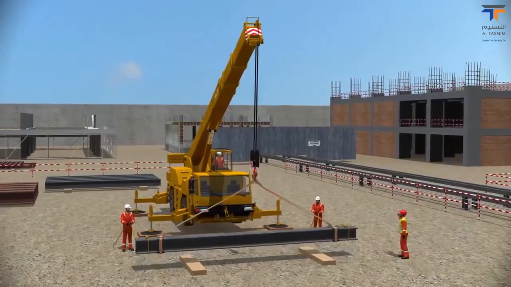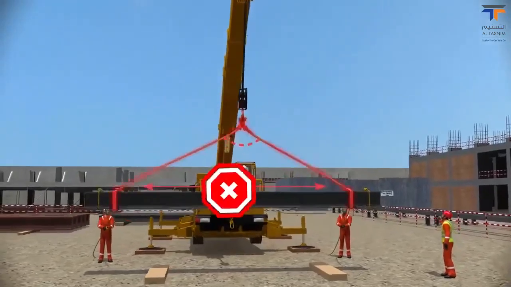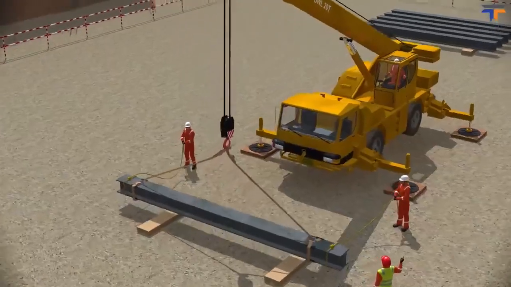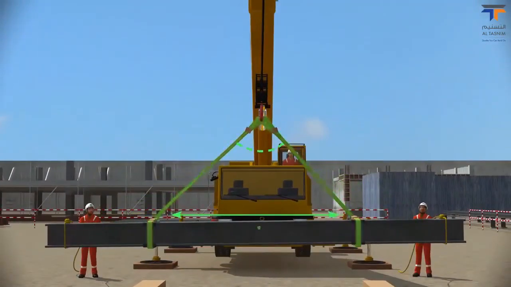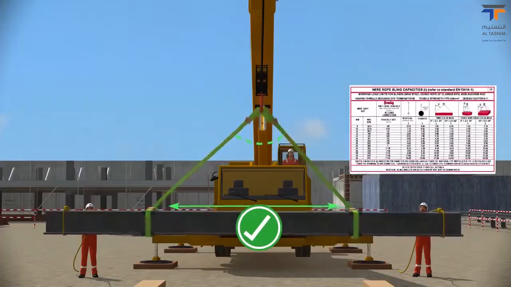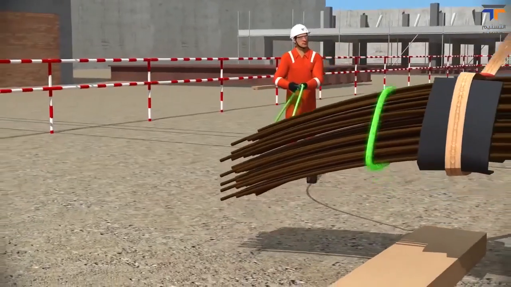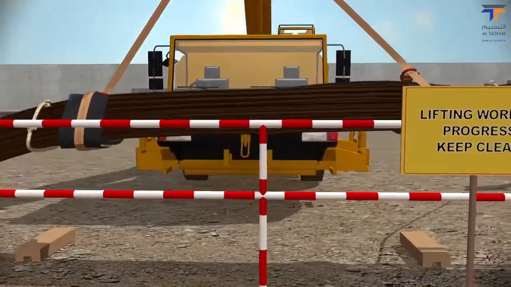If the angle of sling triangle is bigger, it will create more pressure on the sling. This will reduce the capacity of the lifting weight. Make sure that the angle of the sling triangle is smaller, which will increase the capacity of lifting weight and is a safe condition. Lifted weight should be properly tied up by the guide rope, so that it does not hit any person or object.